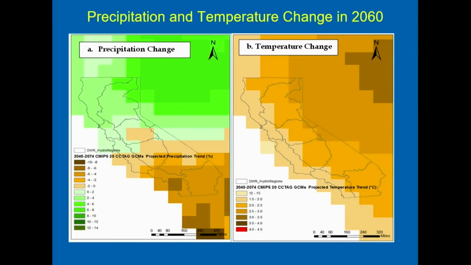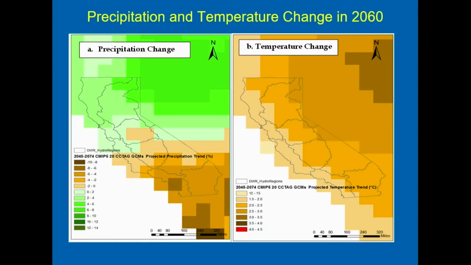So we select the 20 climate model projections from 10 climate models and 2 emission scenarios. You can see this is the ensemble mean. Northern California is wet, southern California is drought.